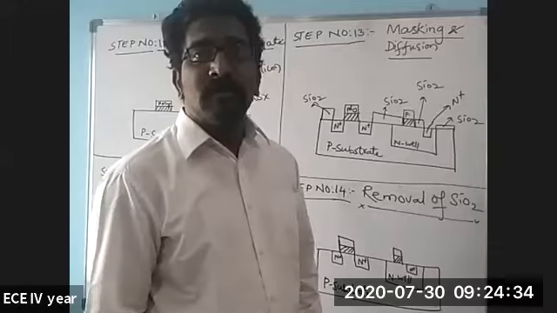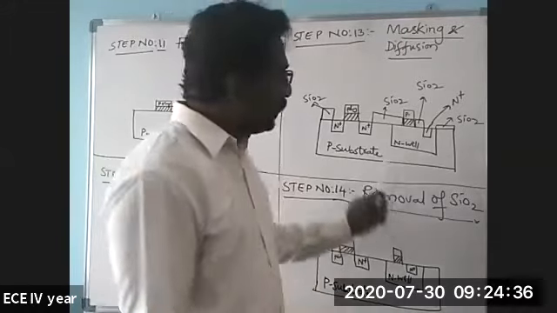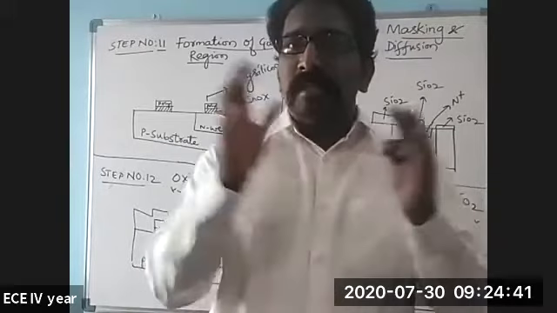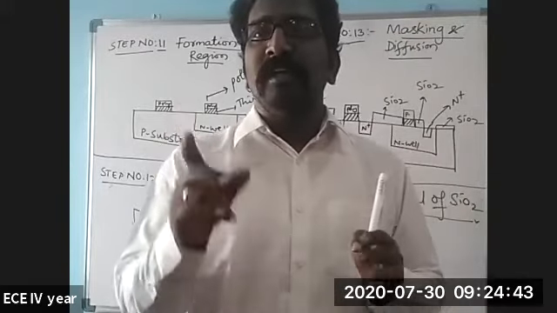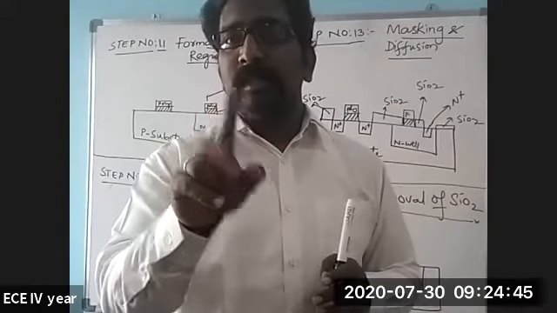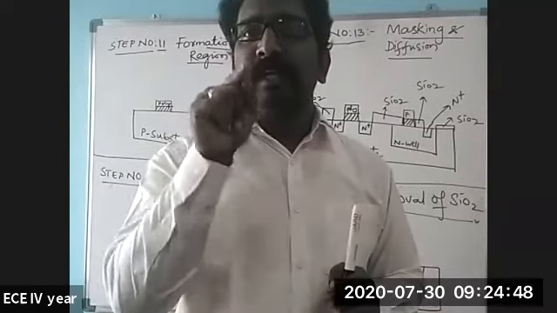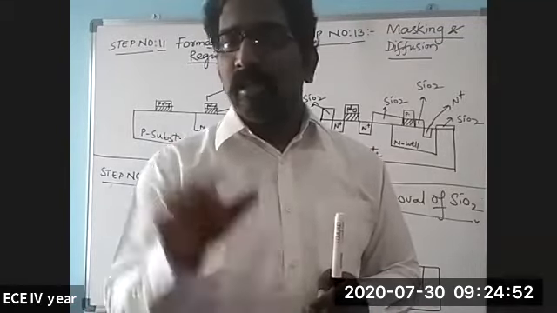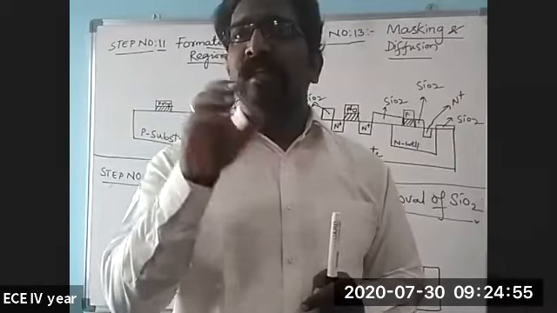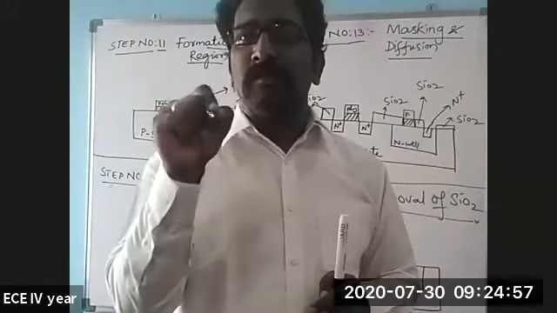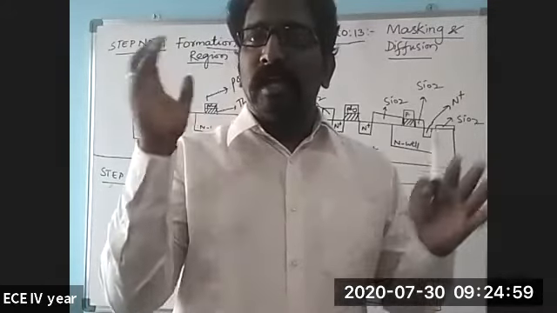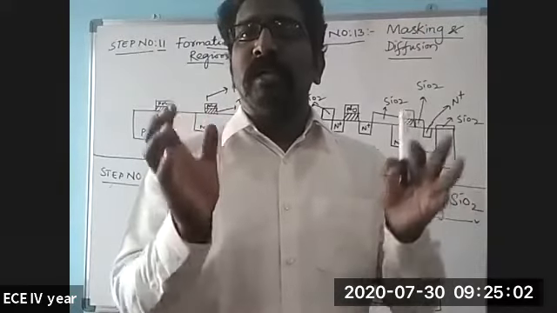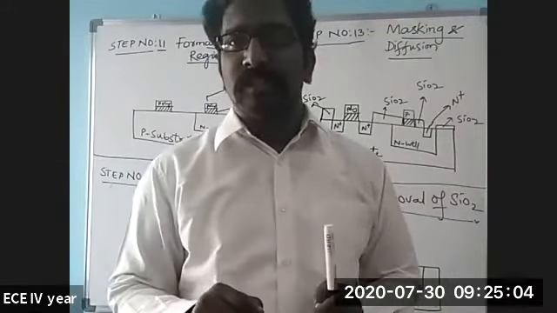So the P substrate is already there now, sir. What now? The P substrate is already formed. We can use that as a terminal, sir. Listen here. The entire process is one where two devices are formed at a time. The P substrate is the substrate for the NMOS. The N substrate is the substrate for the PMOS. You're not manufacturing PMOS and NMOS separately; you're manufacturing both kinds of devices at a time. That's why you have two substrates.